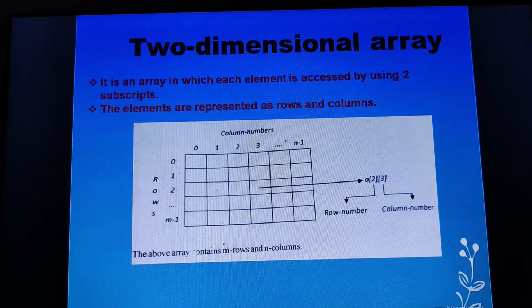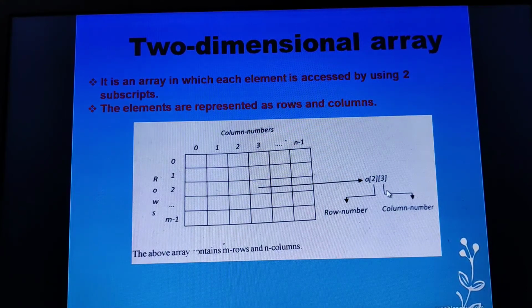If I say the column size is 3, the positions will be 0 to n minus 1, that means 0 to 2. So the column numbers are usually represented by the variable n, and the rows are usually represented by m.